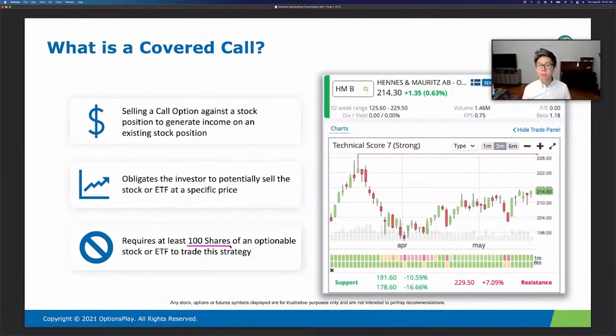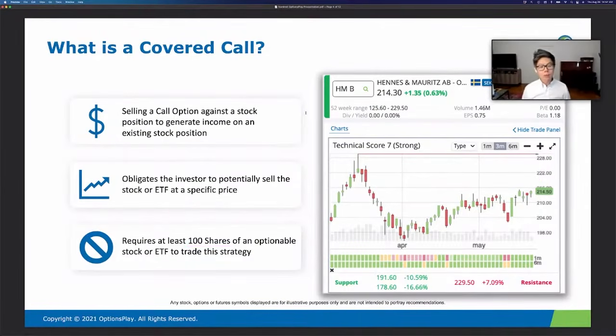So you have to trade in 100 share increments. That's one limitation. And the second limitation is that if I place a limit order at 230, as soon as the stock reaches 230, my limit order will get filled and I will be out of the trade. With the covered call, you have to wait until the expiration date for the stock to be above the strike price in order for your stock to sell. So there are a couple of limitations that you have. So it's not a direct comparison, but the two are very similar to each other.